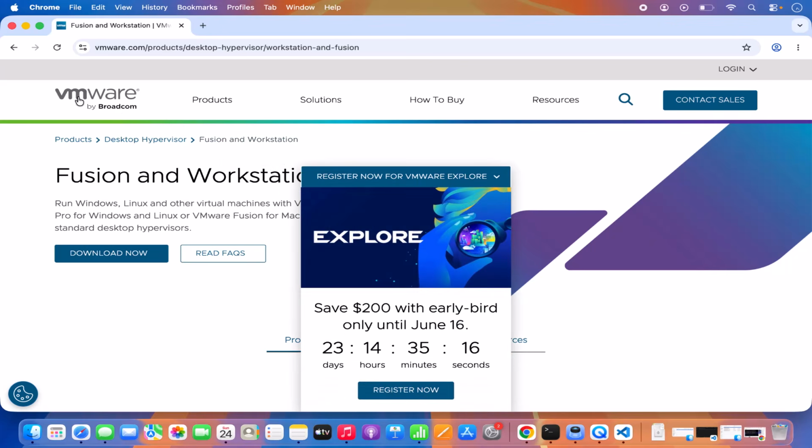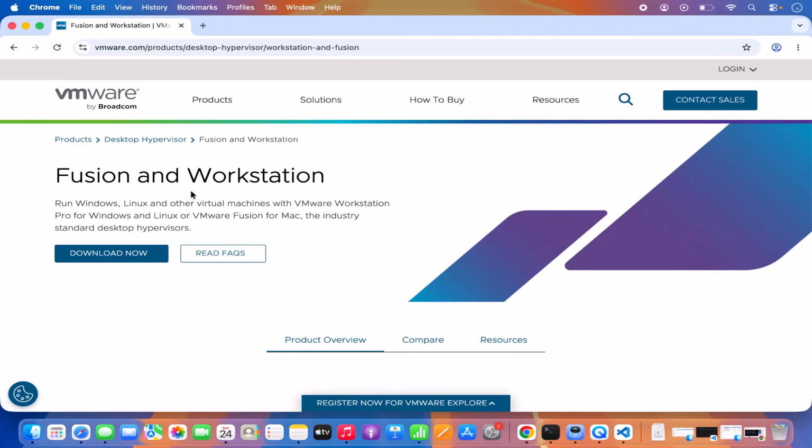Now, if you can see here, it says VMware by Broadcom. So in recent time, VMware was acquired by Broadcom. And why I'm giving you this information is because when you click on this download now button, it's going to redirect you to the Broadcom website. So I'm going to click on this download now button and you can see it redirects us to